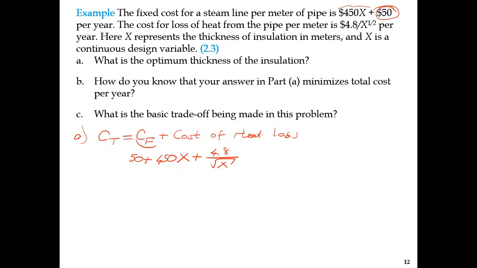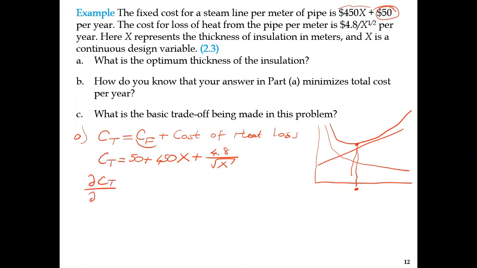Now, this is a continuous function, and we need to take the derivative of this function and make it equal to 0. And as I previously showed you, we have this fixed cost, and due to this heat loss, we have this one, and the total cost is something like this. And when you take the derivative and make it equal to 0, you will obtain this one. Now we want to find it. So let's take the derivative of this CT